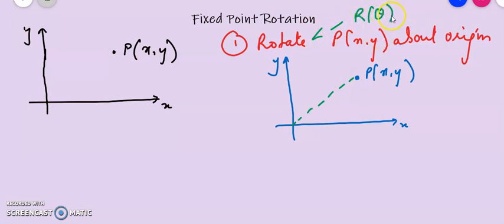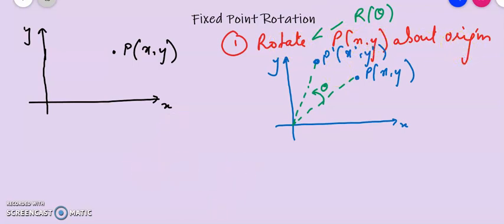If I am rotating it by angle theta, it will go in anti-clockwise direction. Say this is the angle that is formed here, and my new point would be somewhere out here, a rough estimation. So the direction remains anti-clockwise. This will be my output when I'm trying to rotate it about origin.